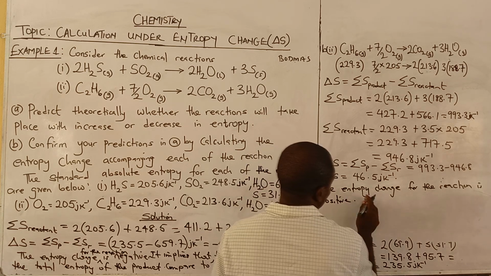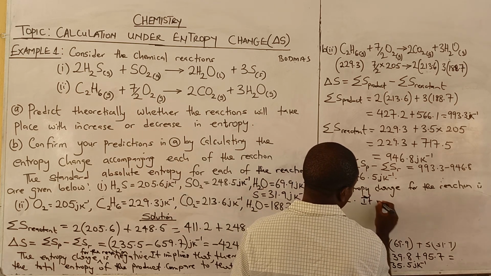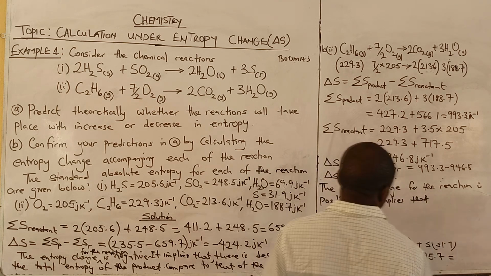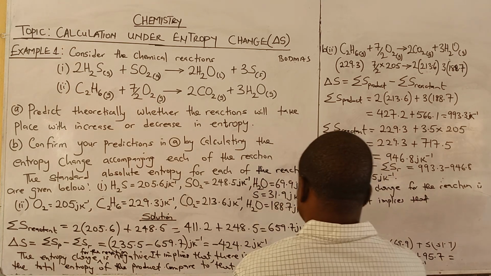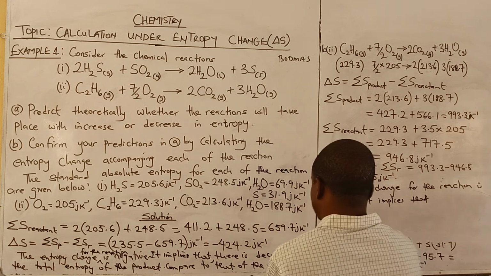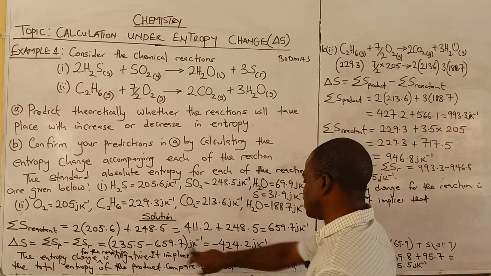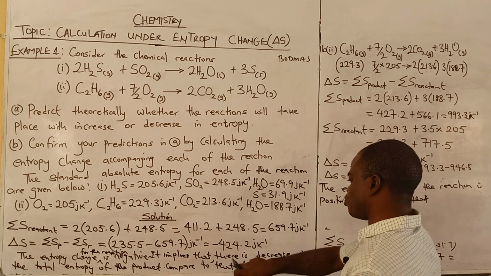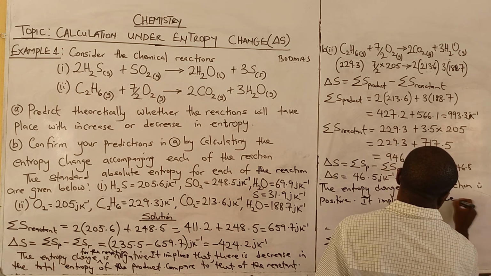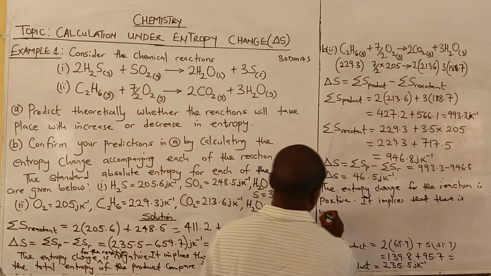Because it's negative there, it said there is a decrease in the total entropy of the product. Now it implies that there is an increase